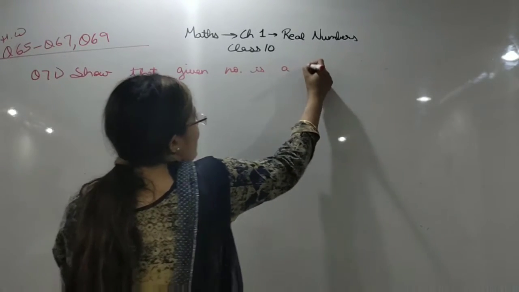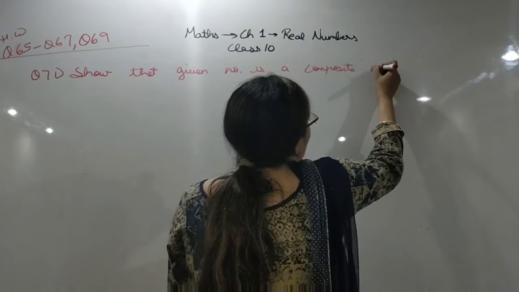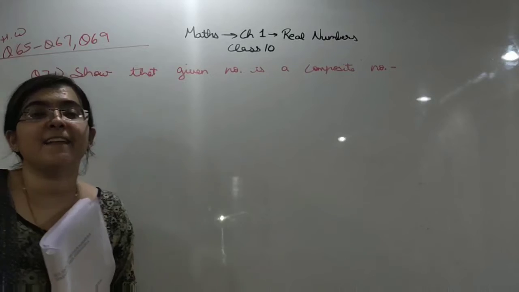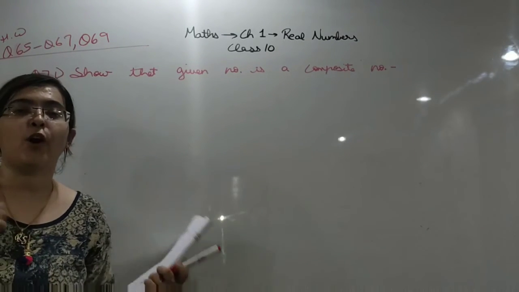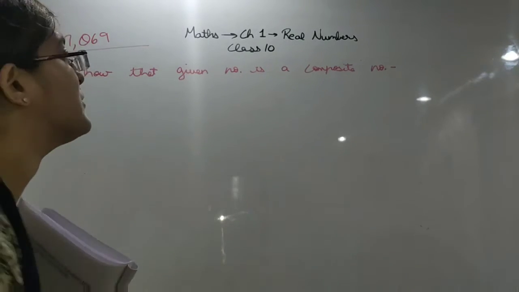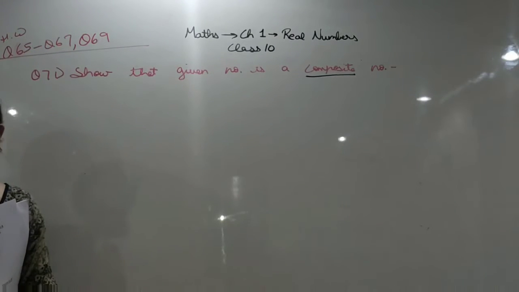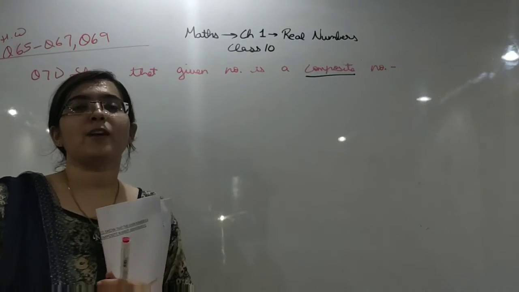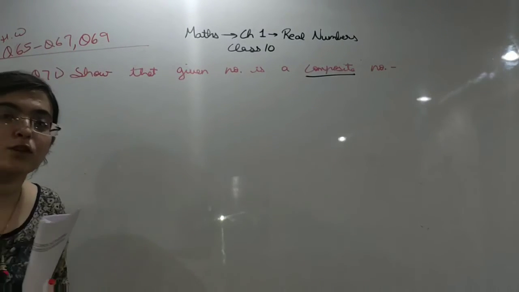is a composite number. What we have discussed in the earlier classes is that a composite number is a number which is divisible by any other number than itself. That means a number which is not prime is a composite number. It is clear to you what is a composite number? A number that is not prime. Like 4, like 14, 20. These all are composite numbers because they are not prime. They come in any other table also.